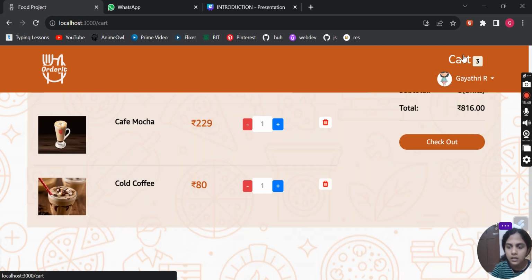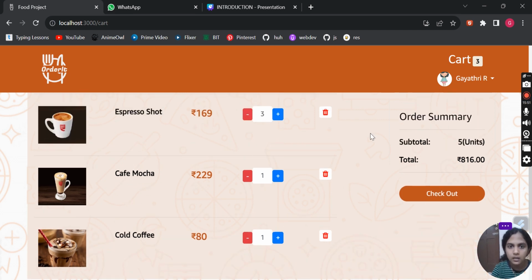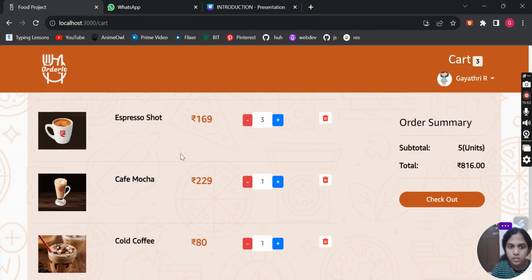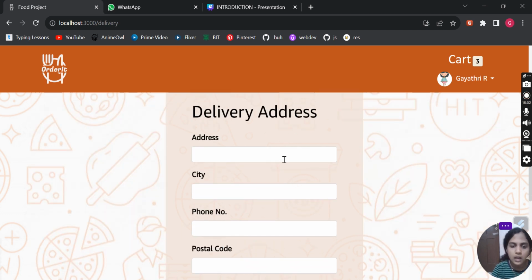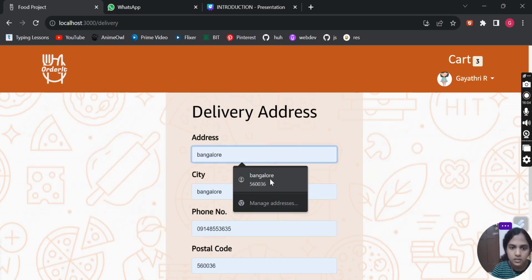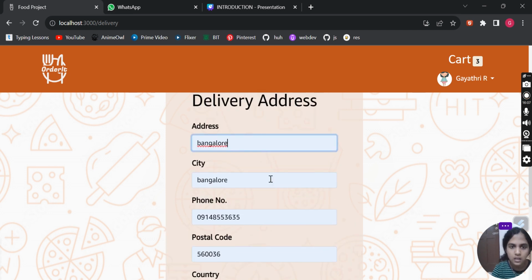Okay, so if you go to the cart, here it shows the number of items in the cart. So 3 items: espresso shot, cafe mocha, and cold coffee. Clicking on checkout, it would ask for an address. So if we fill in all the necessary details,